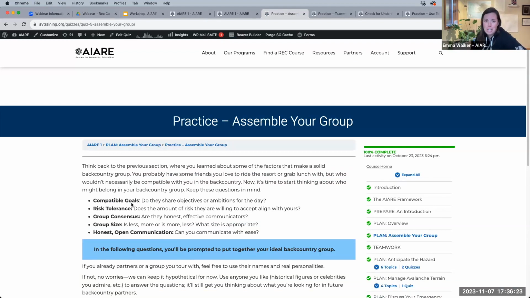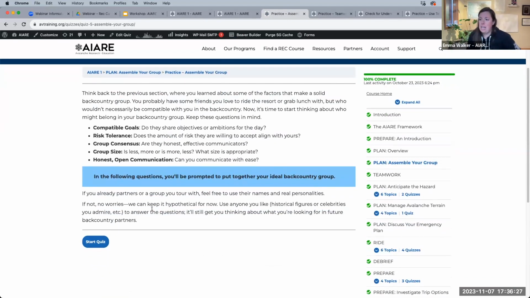They don't have to feel like they're cheating because they don't remember all these answers, but basically, we're asking people to think about their ideal backcountry group. So for folks who already have a partner, a group that they tour with, we're asking them to just think about those people. Otherwise, this might feel a little silly, but again, it's more about getting students to think about the answers to these questions than it is about actually making sure they know